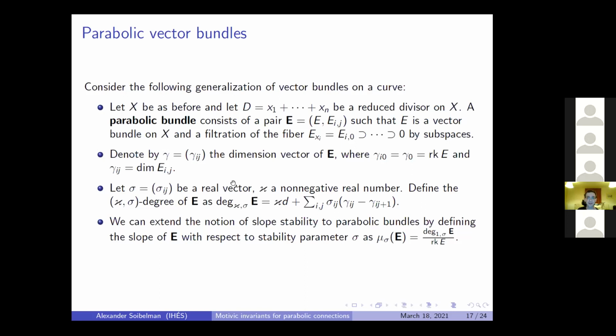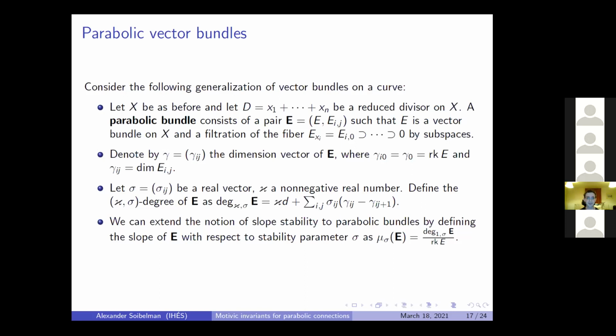So for parabolic degree, as you can see on the slide, the kappa is equal to 1. So it's just the vector bundle degree plus some correction depending on the stability parameter. But I'm introducing this in terms of kappa because this kappa sigma degree shows up in a little bit different context in one of the formulas later on. And it actually has to do with an existence condition for Higgs bundles or connections that somehow